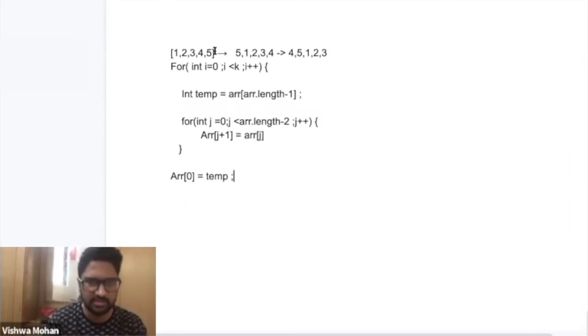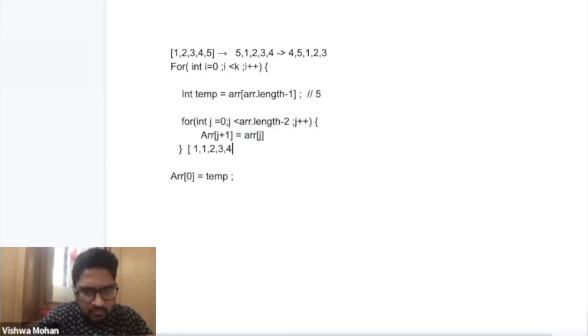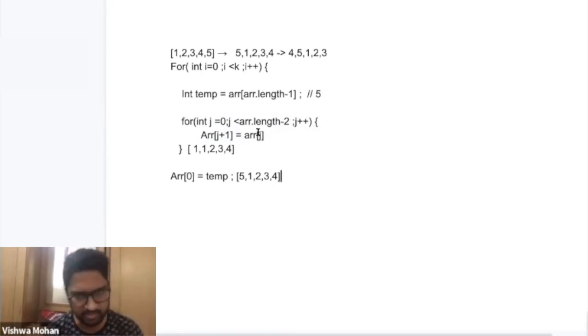First of all, this was my initial array, right? The temp value at this will be 5, the first time when it came inside this. Now what I'm doing is, in this loop, every next element I'm setting from the previous element. So after this loop is completed, this will be something like this. This will be 1, and then it will be 1. This will be 2. This will be 3. This will be 2, 4, like this. So this array will get converted like this, and then you replace the first position with temp, so it becomes 5. Then 1, 2, 3, 4, and then the same thing gets repeated. So if you do this, you will be able to rotate k times in the clockwise direction.